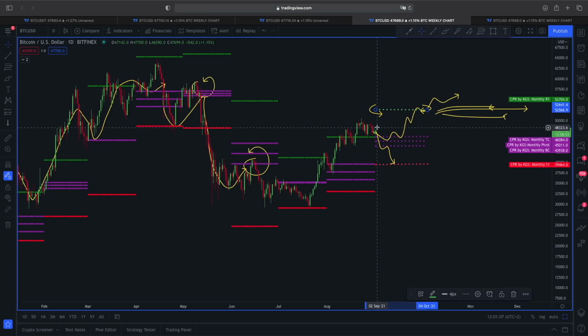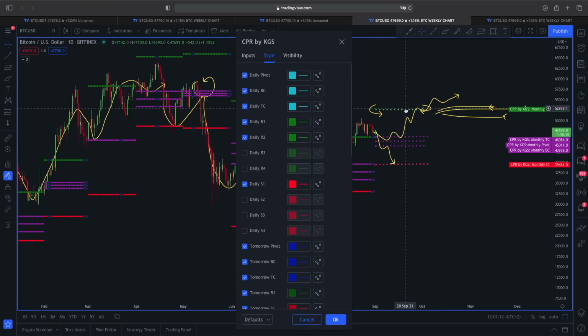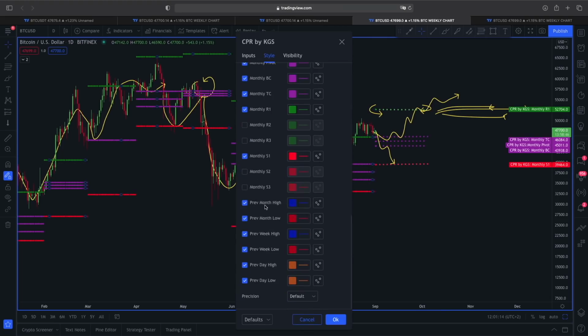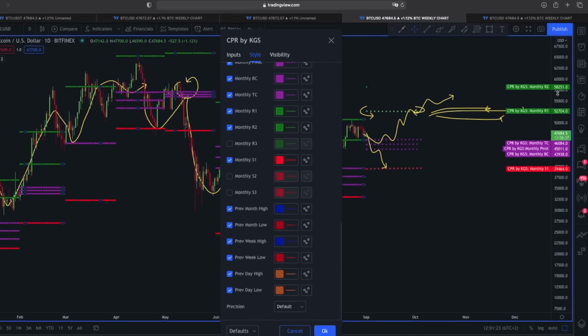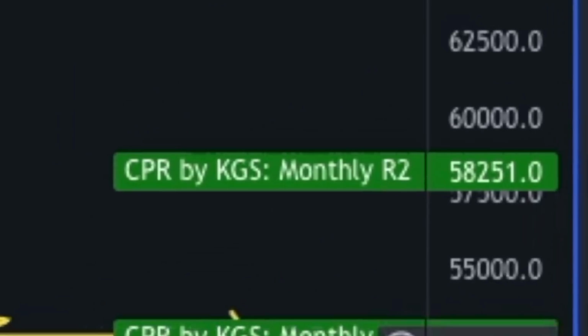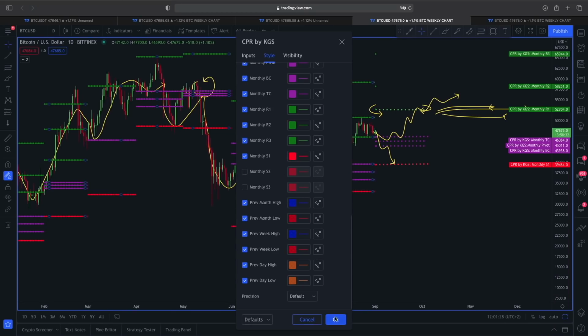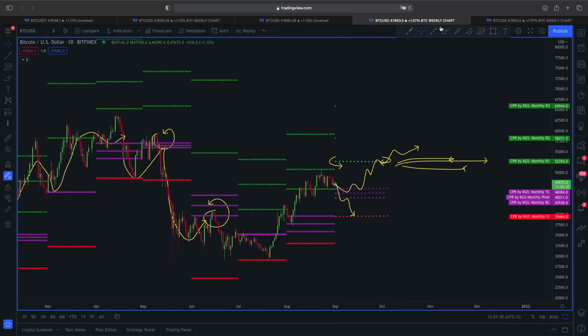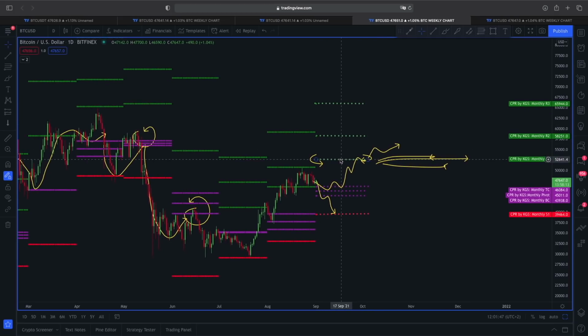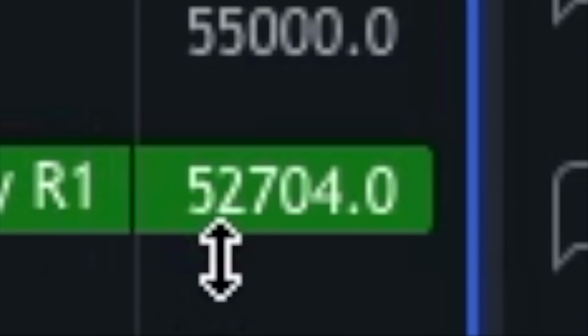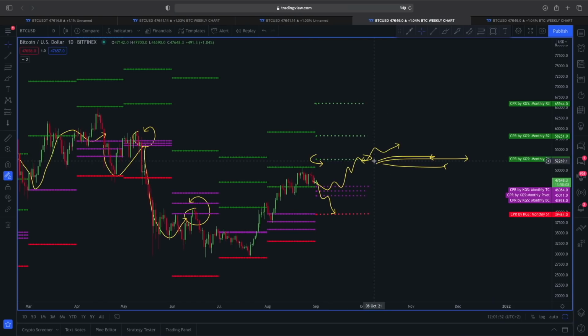And according to this, if the price of Bitcoin is going to go completely crazy, I mean, if September is going to be a really bullish month, the next target after reaching this monthly R1 line is going to be monthly R2. The R2 line is going to be lying around $58,251, and the no-brainer target for this September month, this two dot here, you can see very clearly. So the upward price target according to this CPR month, the first one for this September month, is at $52,700. This is a very realistic price target.